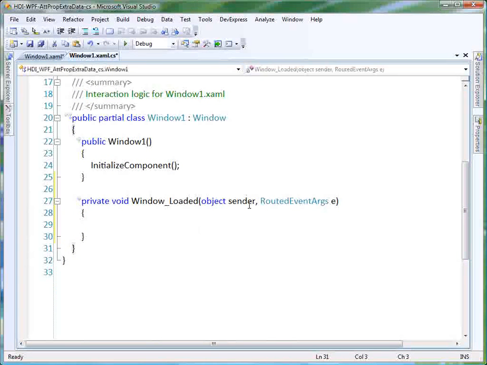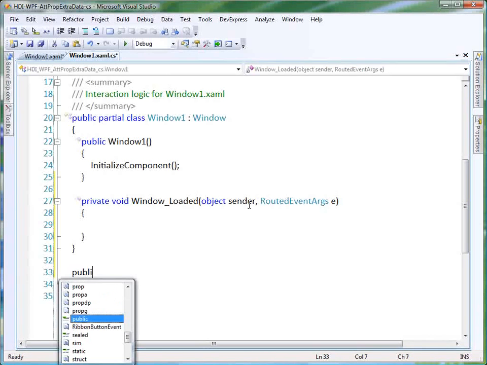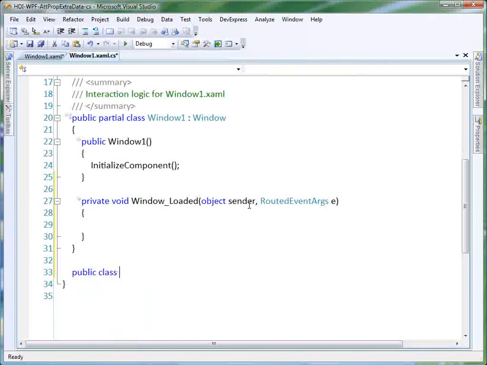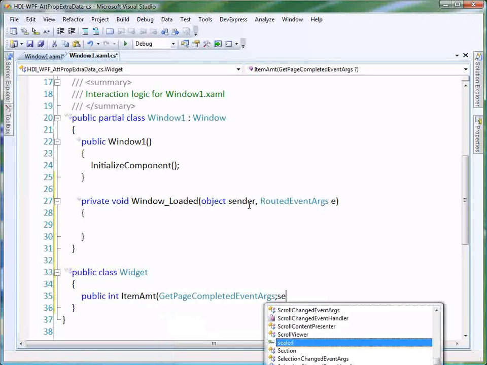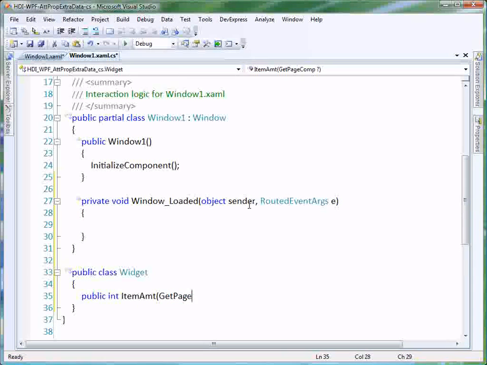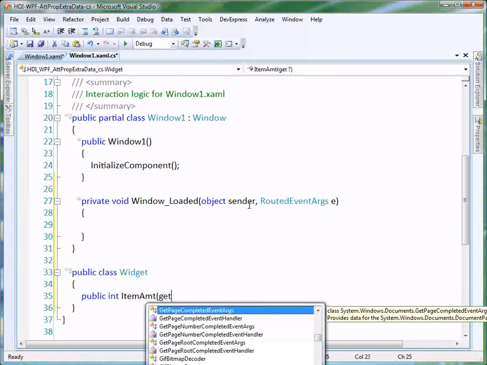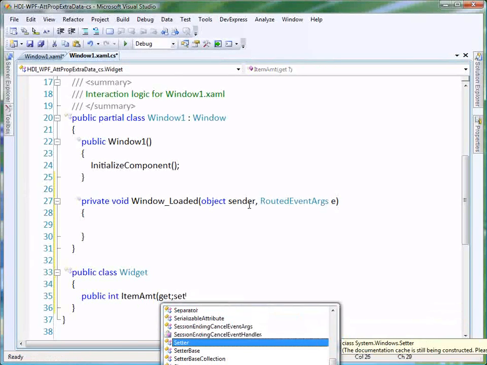And we're just going to go down here and create a class, because in our case, we're going to bind this class into our application so that we can use the data that's in our bound class. So we're just going to create a public class Widget, and in here we're just going to have two properties. We'll have an int ItemAmount get set,